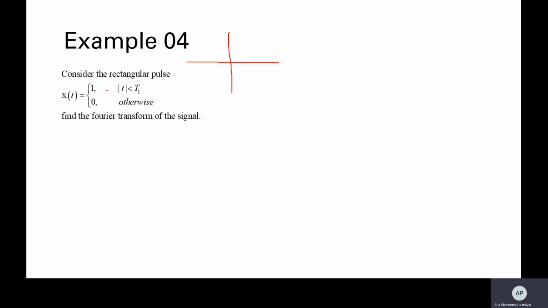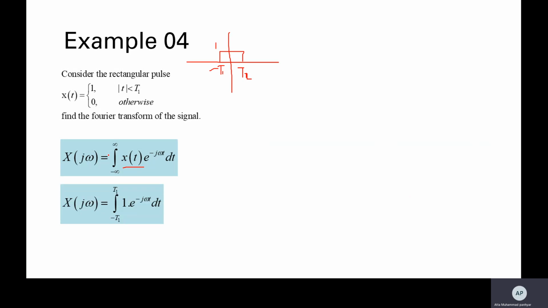Now we are interested in computing the frequency spectrum of a rectangular pulse. So for example, this is a rectangular pulse, but it is aperiodic. We computed the Fourier series of the same kind of signal, but that was periodic, right? But now it is not the case. It is just defined over one interval of time, right? So for example, this signal is 1 from minus t1 to t1. We wish to compute the frequency spectrum of this signal. So this x of t would be 1 from minus t1 to t1, right?